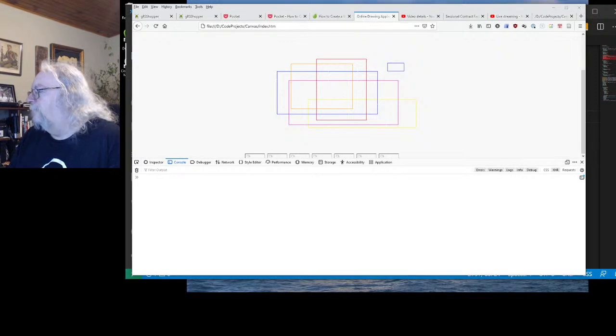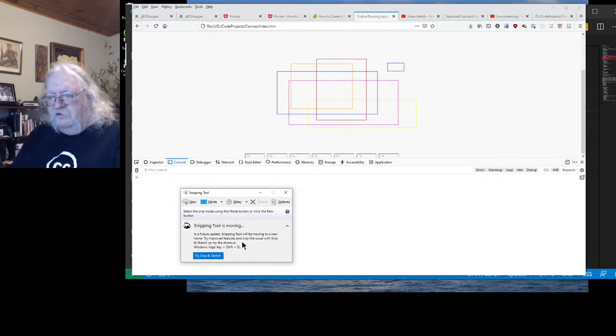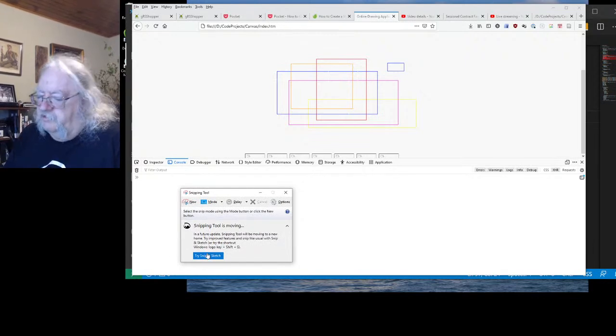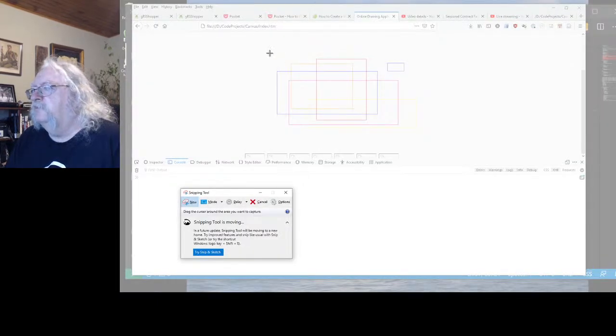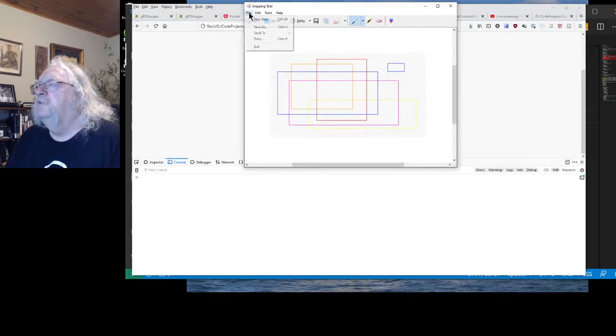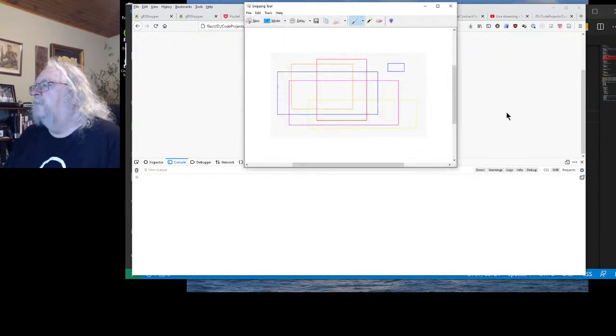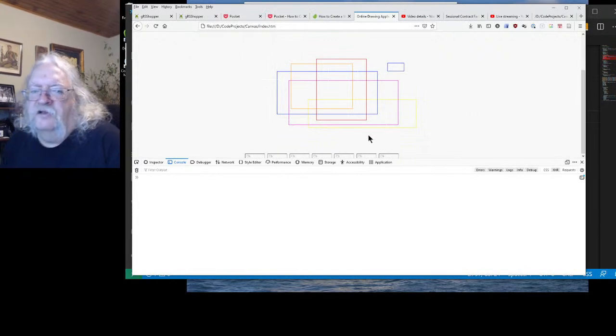So I'm going to have to use this little snipping tool for now. Here's the snipping tool interface. The only advantage to Snip and Sketch that I've seen is you can delay your snip by a couple of seconds. But otherwise, I use Snipping Tool all the time. So there we go. That's my image, File, Save As, and I'll just call it canvas capture. So all else being equal, we'll make that the cover image for